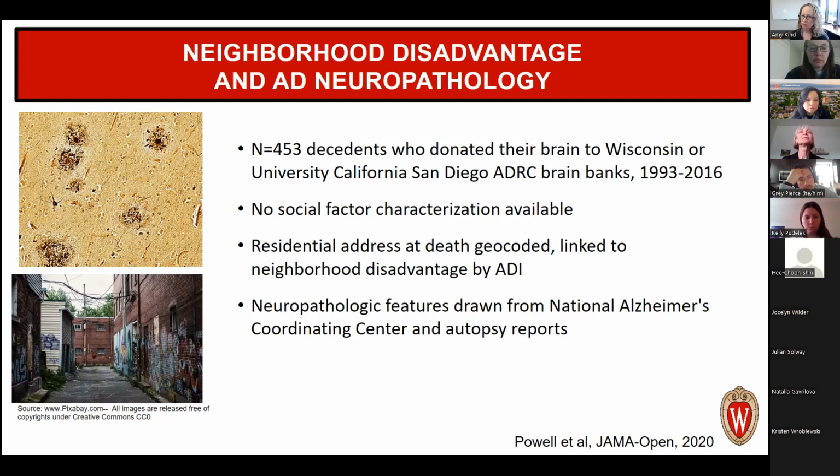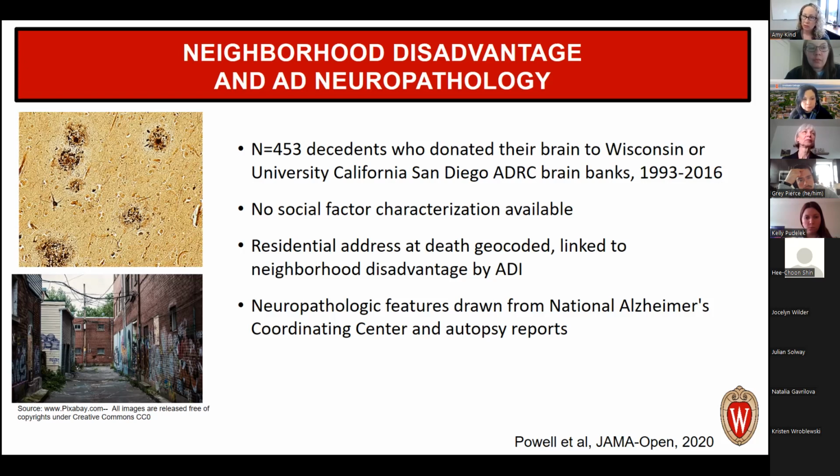So we were interested in seeing whether it would be feasible to link these social factors to existing tissue that had been exquisitely phenotyped already, genetics, genomics, every omics you can think of. And yet many times we didn't know any fundamental social factors about these individuals whatsoever. And unfortunately, that's the story of many biorepositories across the United States.